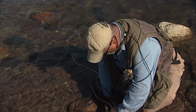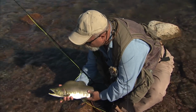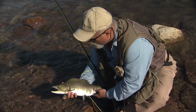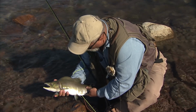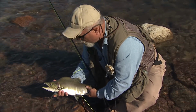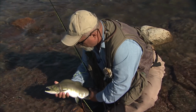Okay, now another fine male pink salmon. I think they're handsome, I really do. They're extremely fierce looking as far as I'm concerned. I really enjoy catching them. And this one looks about 4.5, 5 pounds. I caught one yesterday up around 7 pounds. Now mind you, he got off, but it was about 7 pounds, so I was really excited about how big